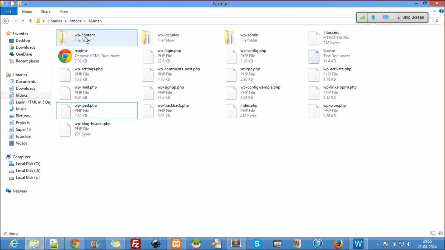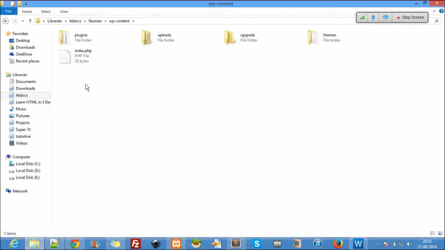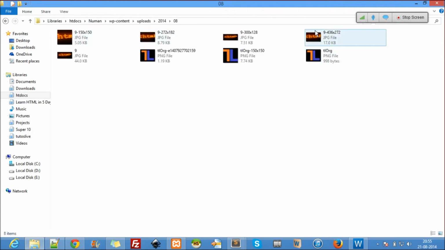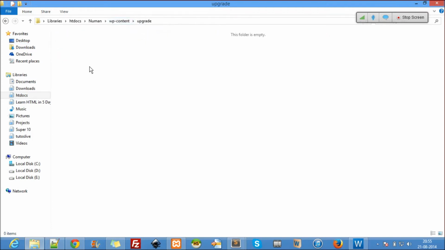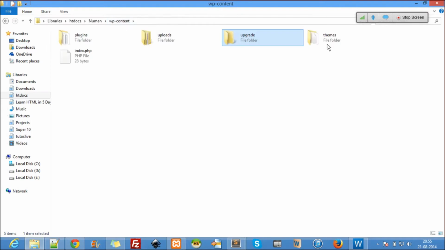That is nothing but your WP content. This entire thing is your website. If you want to use any plugins, you can just put them inside there. If you want to upload, say, images, I have uploaded some images there, and they come to the uploads folder. Any upgrades you want to do, go there.